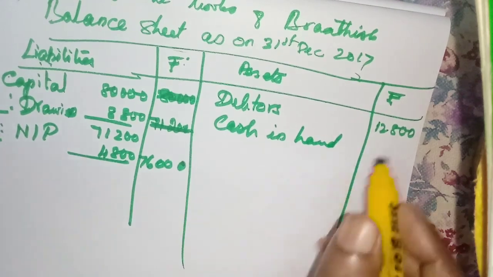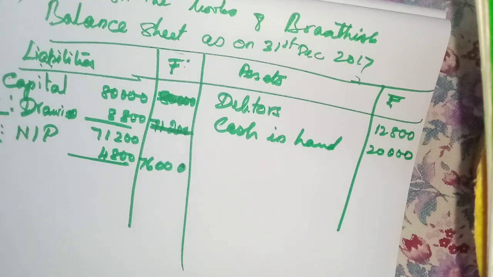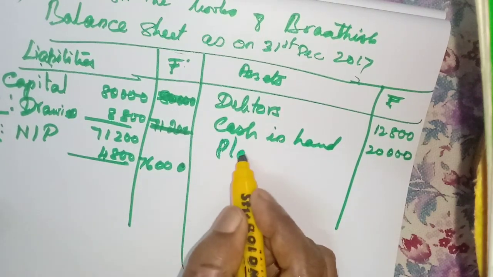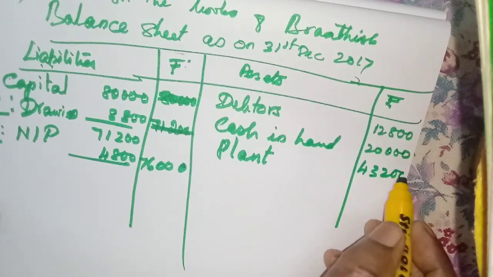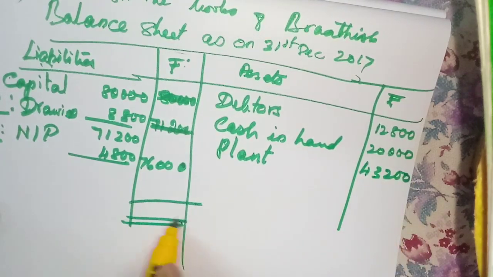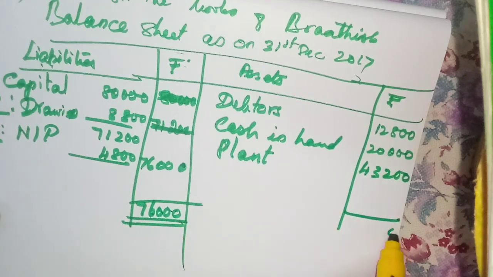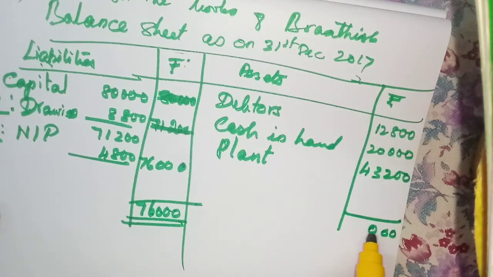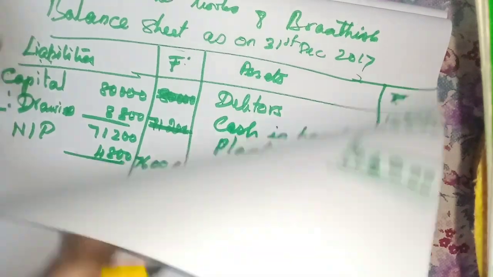Now cash in hand 20,000. Then plant 43,200. Add it, we should get the same amount. We have got, isn't it? So our calculation is correct. Then next problem